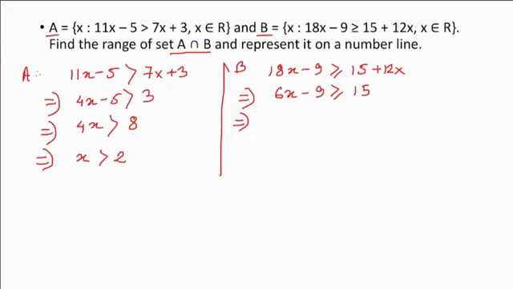Now our next objective would be to get all the constant terms on one side of this inequation. In order to do that, we add 9 on both sides. So 6x minus 9 plus 9 would be only 6x, greater than or equal to 15 plus 9, that is 24. So 6x is greater than or equal to 24, or x is greater than or equal to 24 over 6, that is 4. So x is greater than or equal to 4 and x is greater than 2. So the common solution for this intersection would be x greater than or equal to 4,